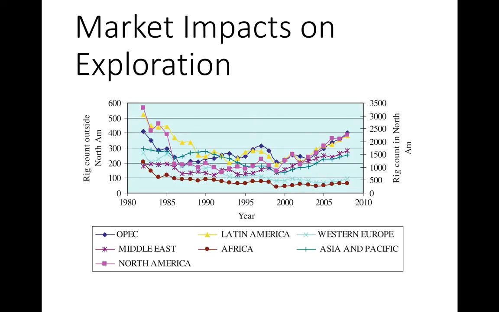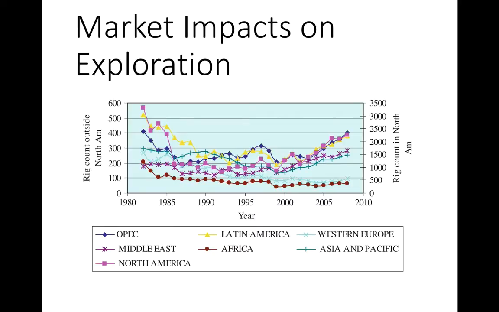When you look at extraction and production of oil, one key figure that is useful to track is the number of oil rigs that are available in the region. What you see in this slide are the numbers of oil rigs: rig count outside of North America on the left and rig count in North America on the right. You can see here that